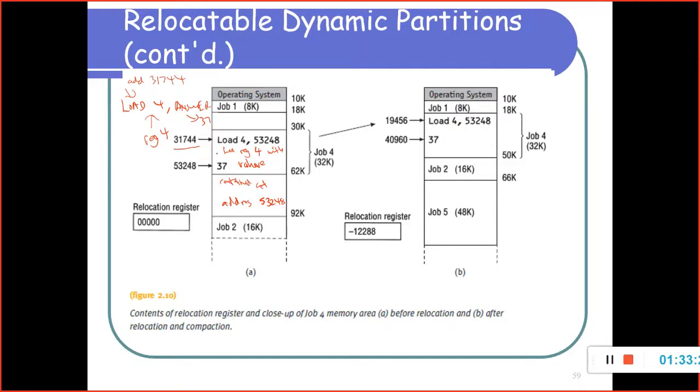This is just some instruction for machine language. Load register number 4 with the value answer is 37 with the value contained at address 53248. So this is address location 31744. Okay? When they do relocatable dynamic partitions, okay? Meaning that this one, 18K to 30K, is around 12K, 12 times 1024 bytes. 12 kilobytes times 1024 is